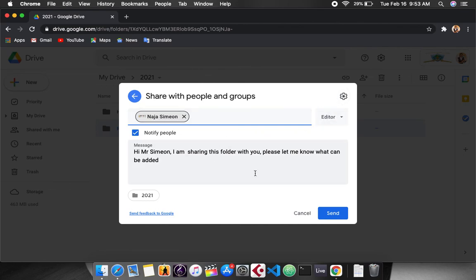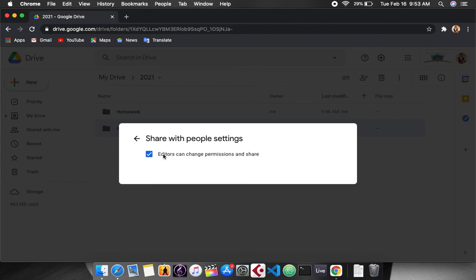Because the file is not his, even though he shared it, that doesn't mean the person he shared with is necessarily going to be able to edit the document and see the document. Now if you want that, you leave that tick. If you untick that, the editors cannot change the permission and they will not be able to share. When they share, the person they shared with will not be able to access, and they will have to request